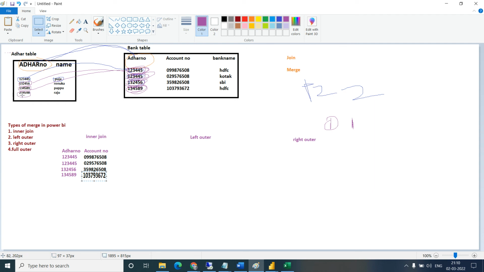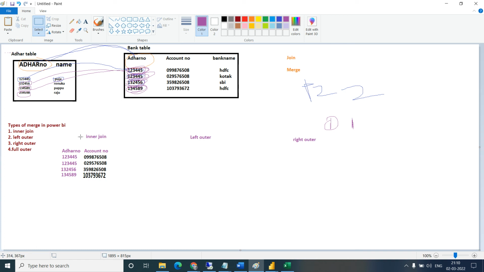Now 2 3 4 5 9 8, is it matching with any of the other numbers? No, so it will not come here. Okay, so we got only 4 accounts for 3 Aadhaar numbers. Understood everyone how inner join is matching? Renuka, Shamli, yes. Supal sir, yes sir. Jayashree ma'am, yes, understood. Okay, now let's go for the left join.